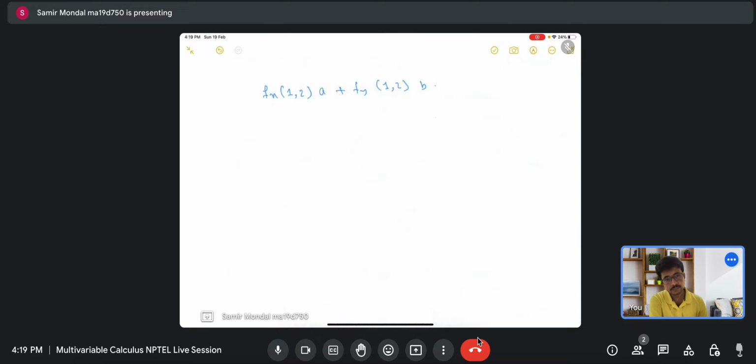My answer is yes, but under some condition on the partial derivatives of f. The theorem says that let f from D, which is a subset of R2, to R be a function,